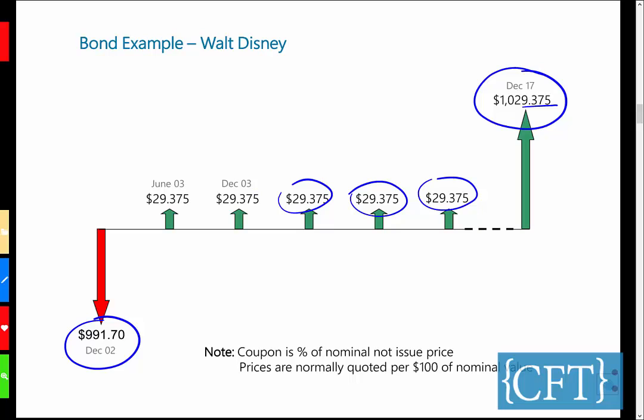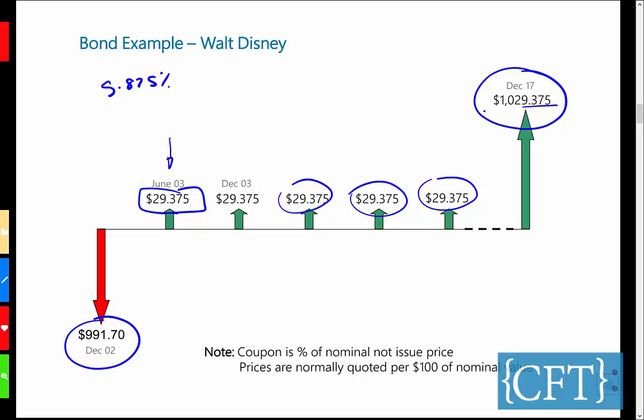The important thing to realize is that from December 2002 until the first coupon date is only a 6-month period. We said that most bonds pay on a semi-annual basis. This one, as we saw on the Bloomberg screen, is no exception, and therefore what it pays is half of that coupon rate. Now remember, the coupon rate was in percentage terms 5.875%, and half of that is 2.9375%, or when we multiply that by the nominal value,